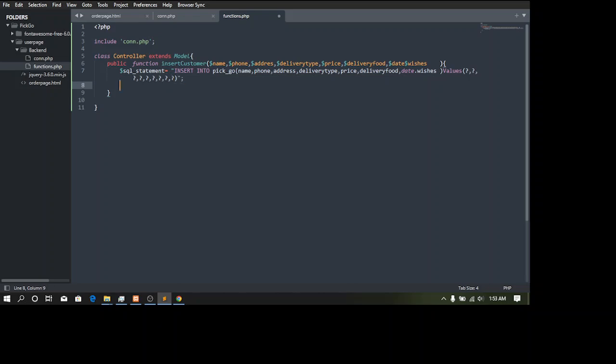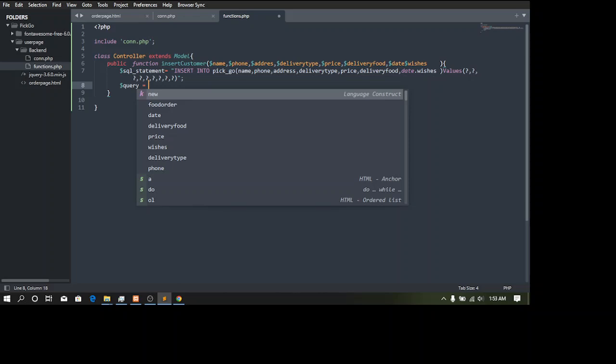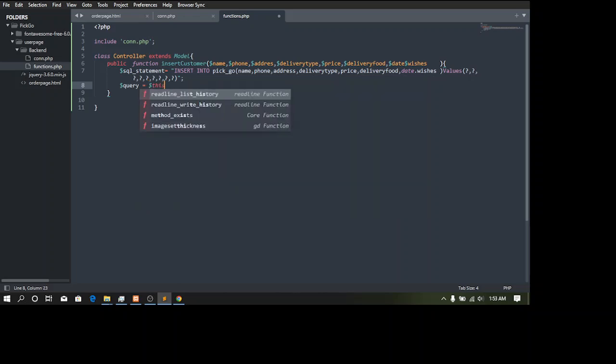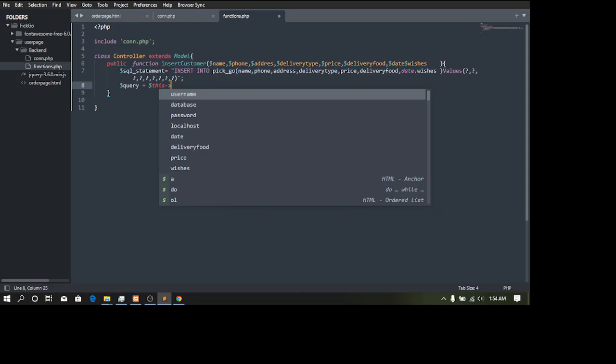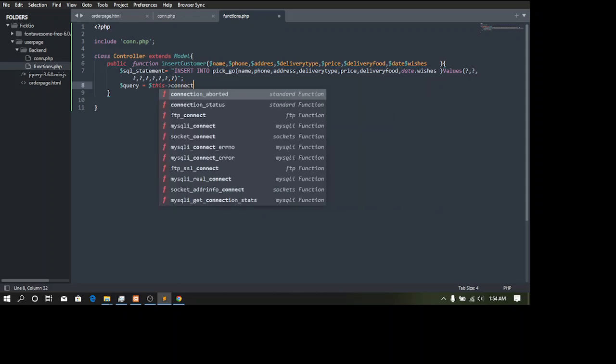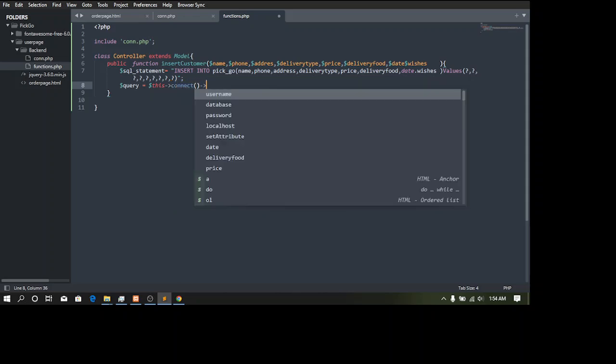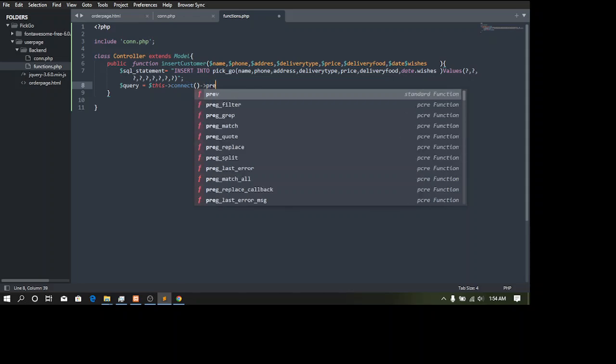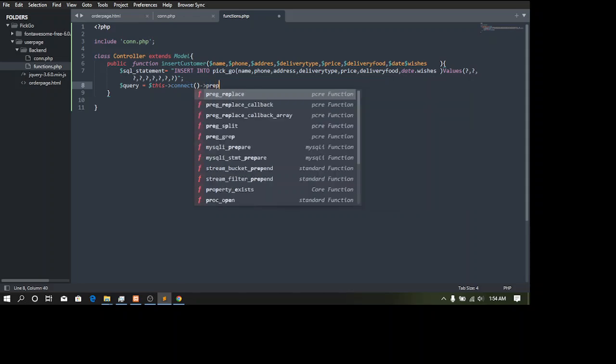Yeah. So we're going to say query equals to this dot connect dot prepare